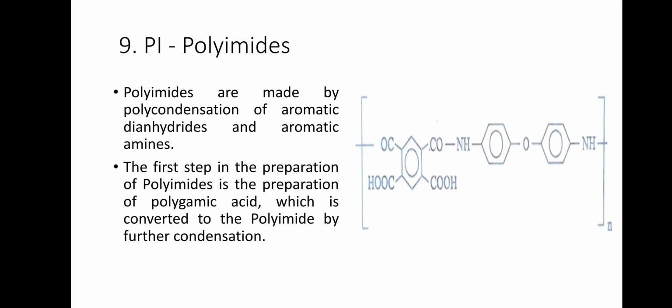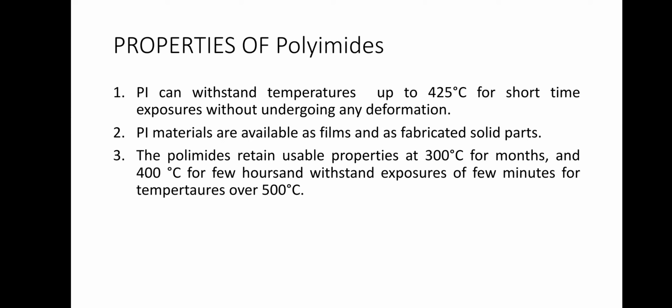Polyimides are made by polycondensation of aromatic dianhydrides and aromatic amines. The structure is CO, COOH, benzene ring, CO, COOH, NH, benzene ring, O, benzene ring, NH, n times. The first step in preparation of polyimides is the preparation of polyamic acid, which is converted to polyimide by further condensation. Properties of polyimides. PI can withstand temperatures up to 425 degrees Celsius for short time exposures without undergoing any